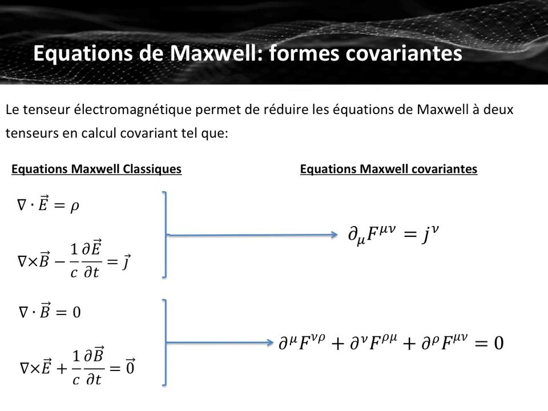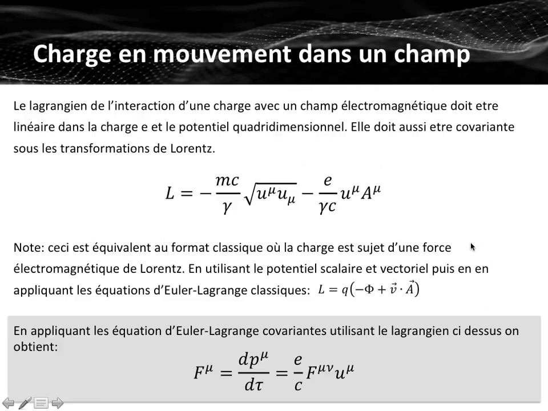Great. Now that we have Maxwell's equations in their covariant forms, and we have seen a lot of equations so far in their covariant form, let's see an application, a simple one if you want, of a charge, so a quantum system, an electron let's say, that is in motion in an electromagnetic field. Now, before I go into explaining this expression of the Lagrangian, let me talk to you about what you probably have seen in electromagnetism